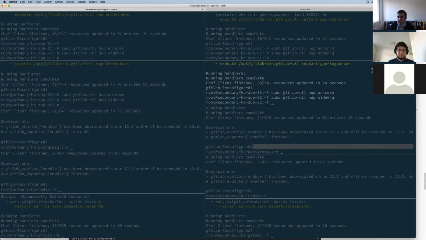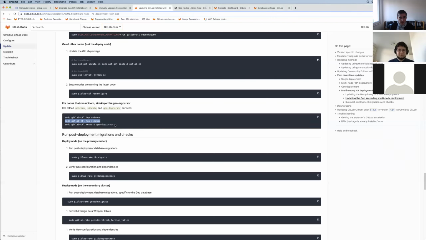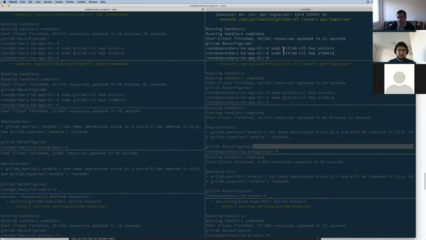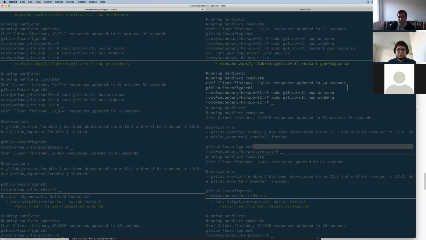And Gabriel, Douglas, the log cursor also runs on the application server, is that correct? It can run anywhere. I don't know what's the current recommendation. Douglas, do you know? I think that is on the application servers. Okay. Not sure. Yeah, it looks like it. Okay, so